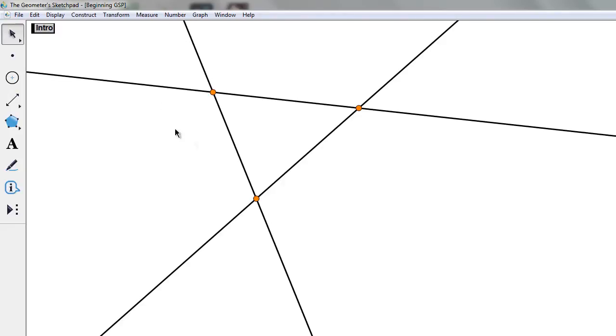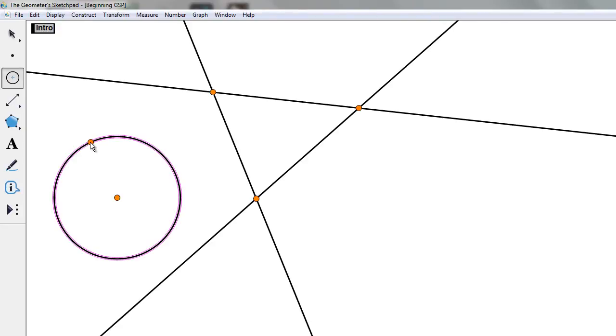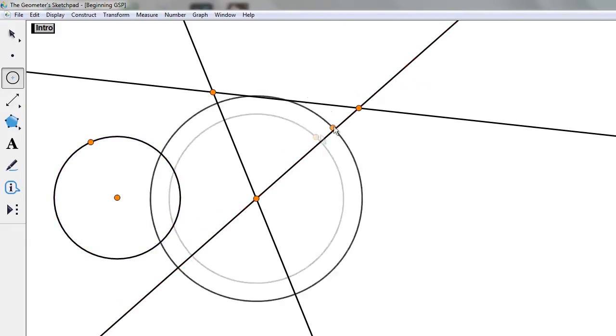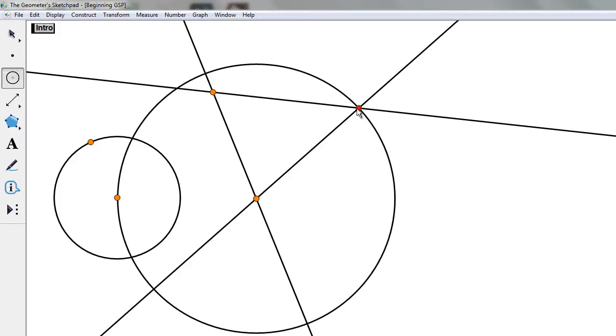Now let's have a look at some other constructions that we can do. We can make some circles. We can make a circle centered at any point with any radius. We could, if we wanted to, also create a circle with the center a given existing point, for example this one here, and we could move it until it meets another point where it clicks to it, and then we would get a circle like that.